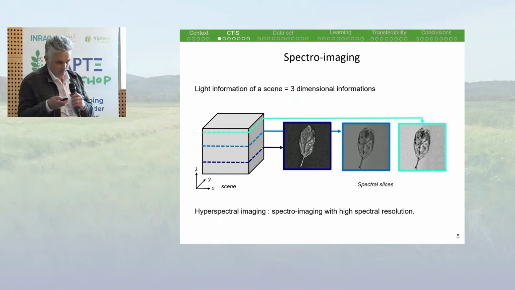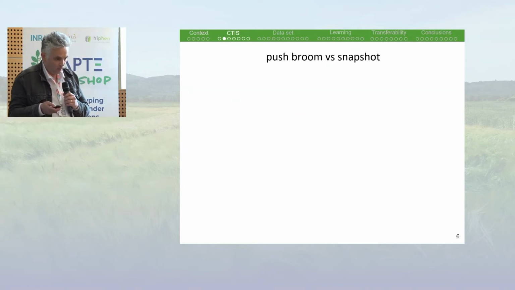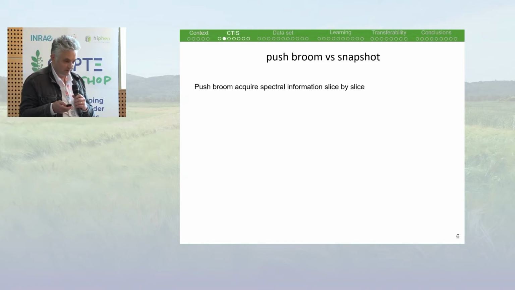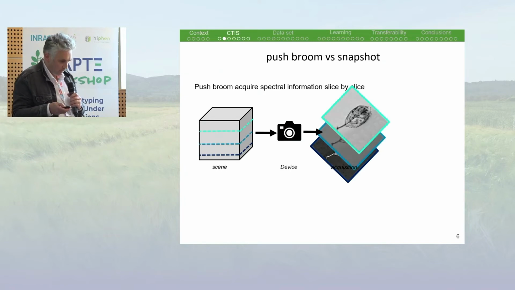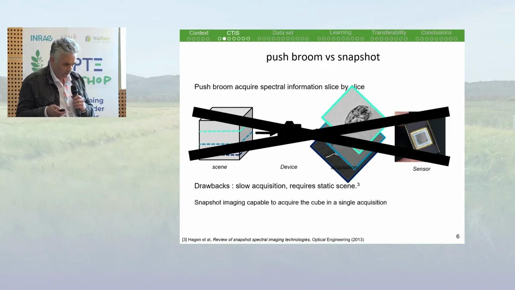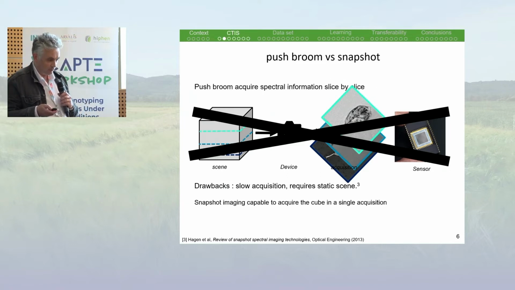And we have here, in some hyperspectral imaging, a very high resolution in the spectral domain. There are several sensors for doing this. Push broom acquires the spectral image slice by slice in this way. A drawback of this is that it's a very slow acquisition. It requires static scenes. And somehow there are advantages in snapshot imaging, which is capable of acquiring the cube in a